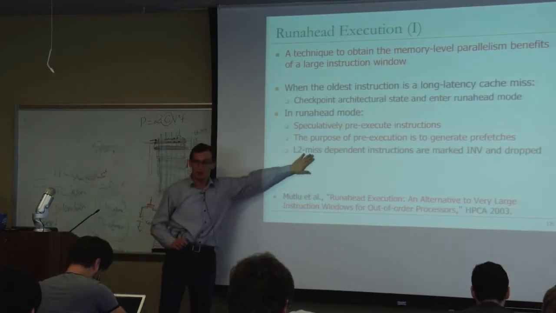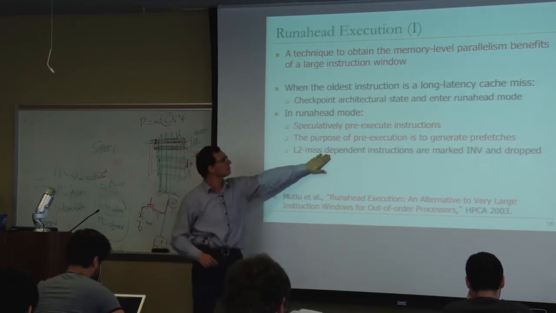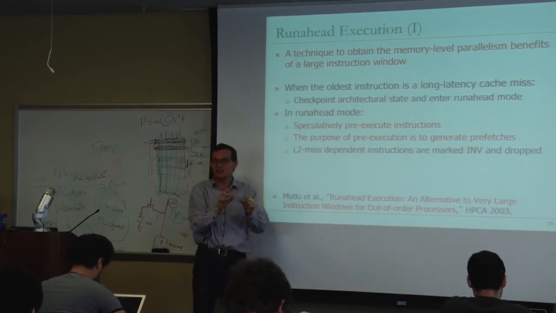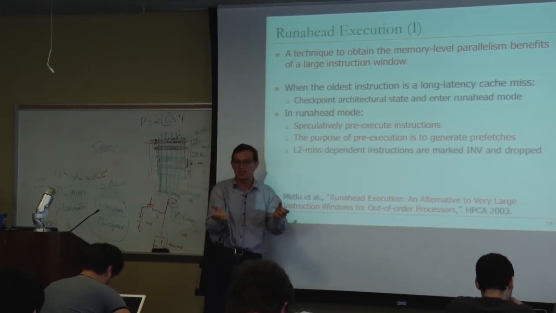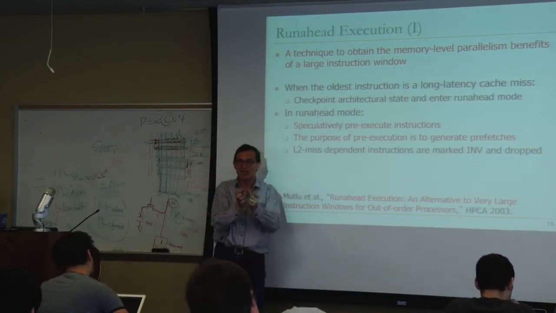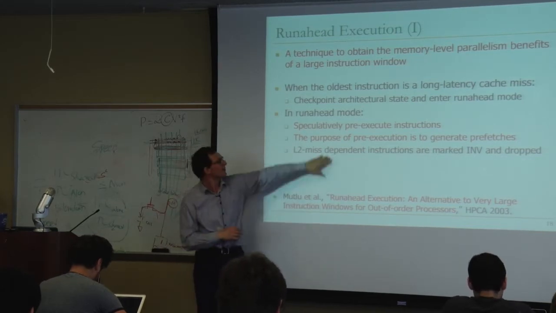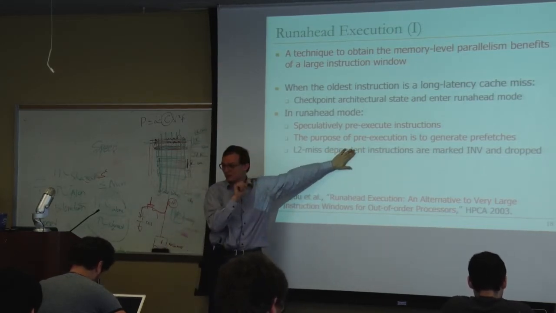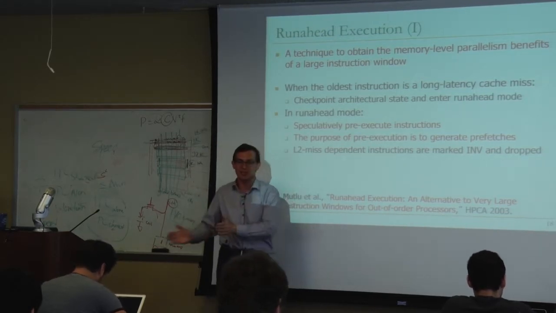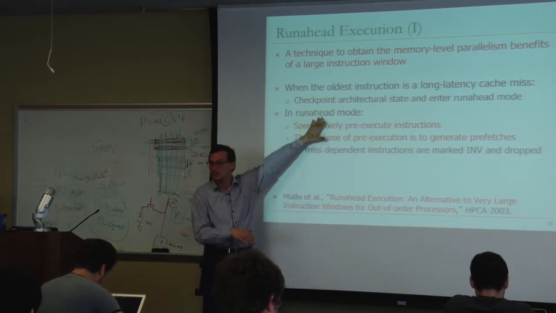And the important thing is, if you have instructions that are L2 miss dependent, on the original cache miss for example, you mark their result invalid in the cache, as well as in the registers, such that you know that these results are actually bogus because you don't have the data, but you keep processing. And then you get them out of the window. So basically, you keep getting instructions out of the window such that you can make more space in the processor pipeline for these speculative instructions you can process.